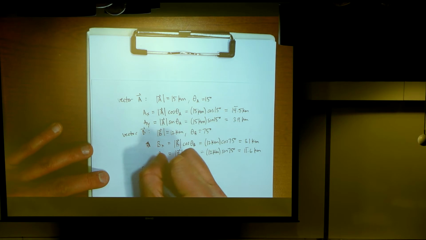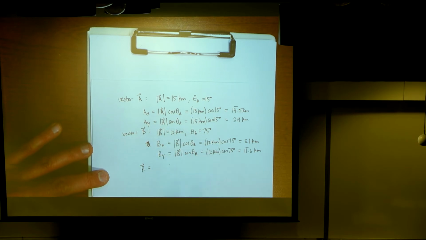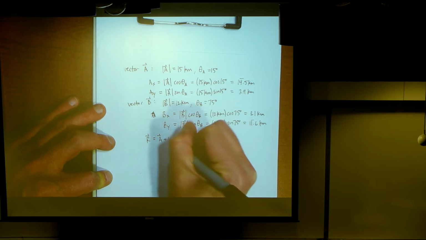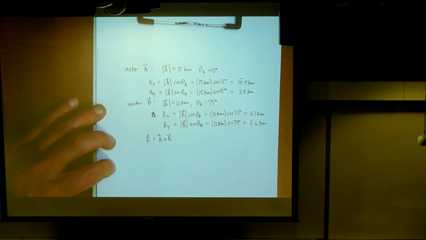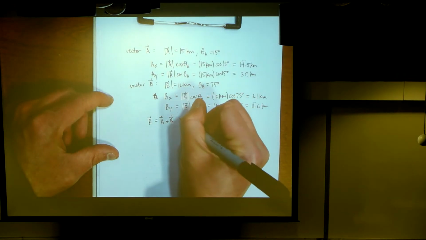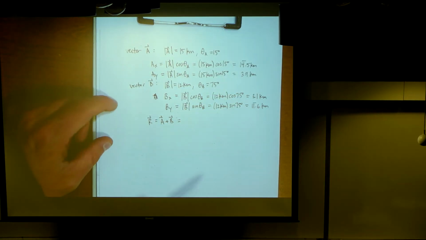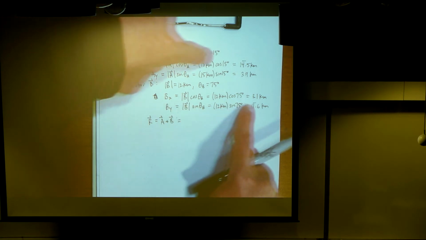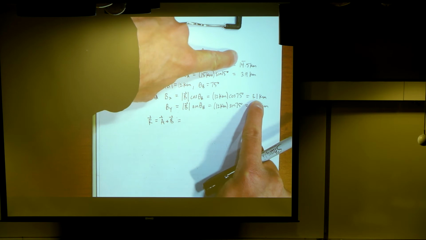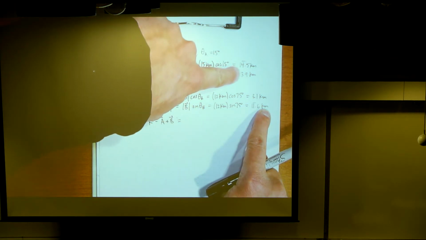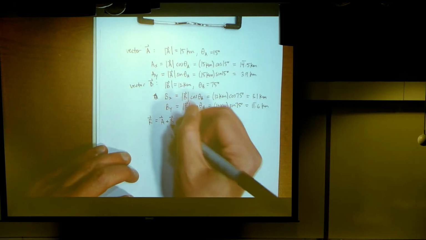Because remember, my resultant vector is what I get when I add a and b together. So let's remember how this works. To get the x component of my resultant vector, I'm just adding these two x components together. To get my y component, I'm just adding these two y components together, right? So I could just say,